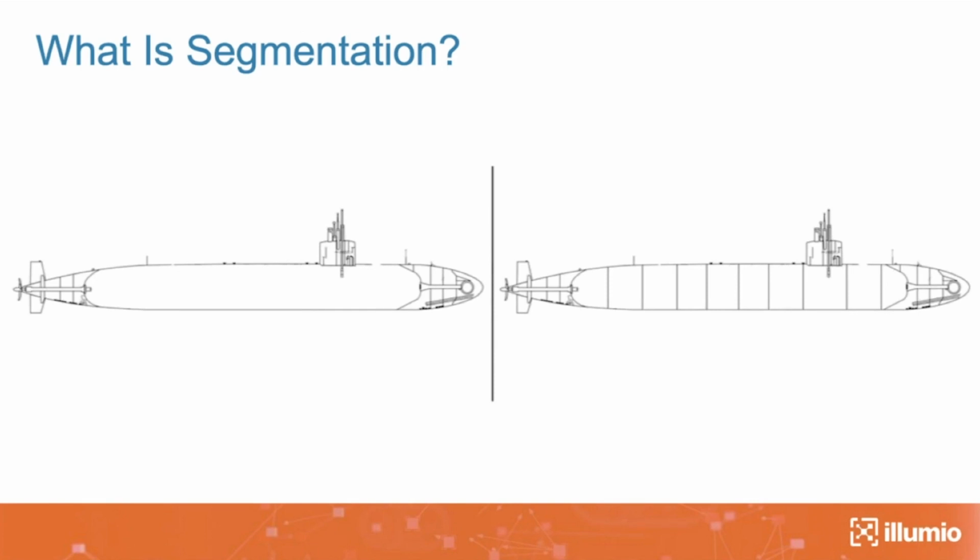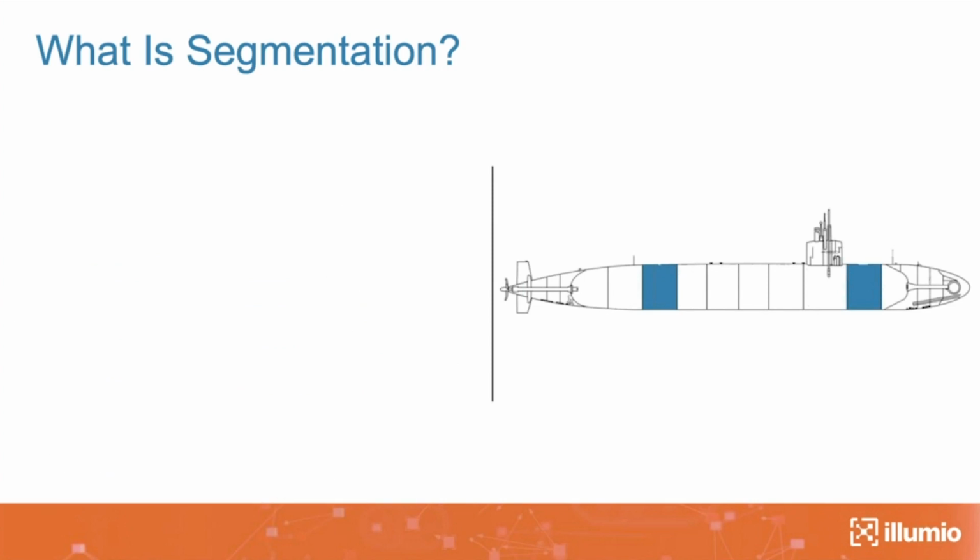If you're looking at the slide, you see submarines on the screen, the one on the left-hand side and the one on the right-hand side. People don't construct submarines the way it's shown on the left-hand side. The reason is that while it has a lot of room to move around, if you do have a breach, that submarine is probably going to sink. But the one on the right-hand side will probably stay afloat because it's been segmented. So even if that took in water, the water only got into that compartment, that segment.